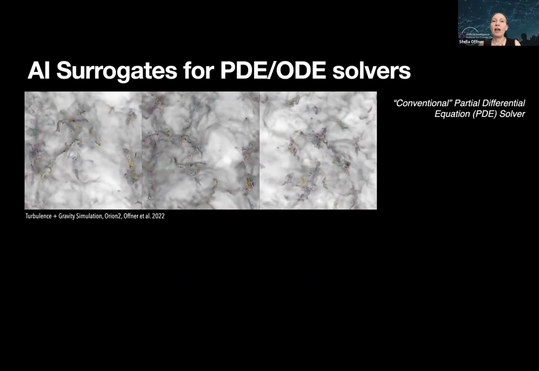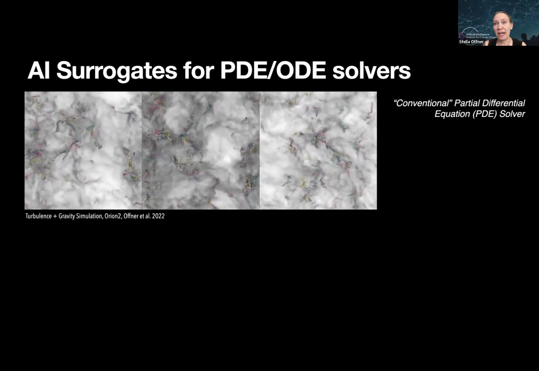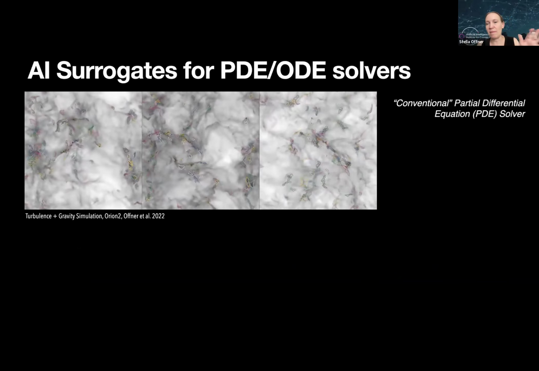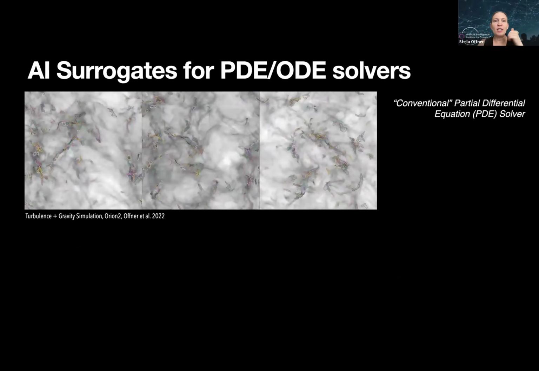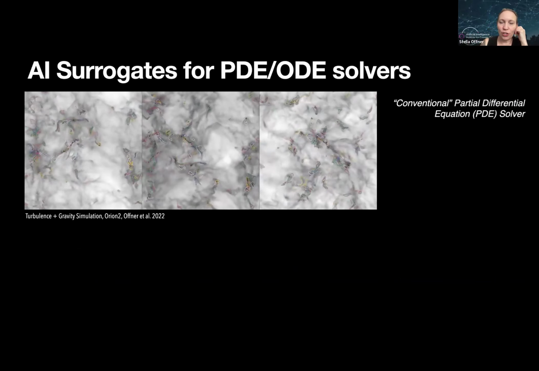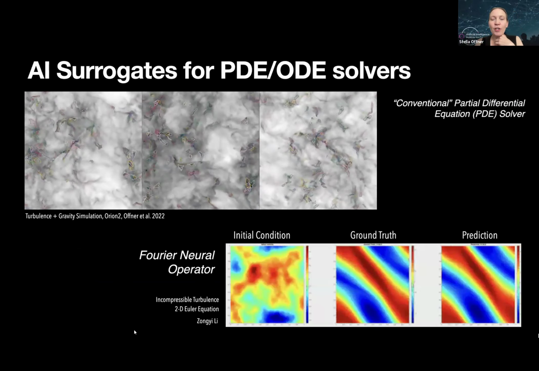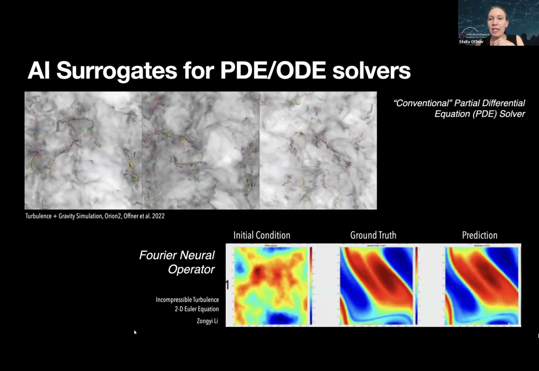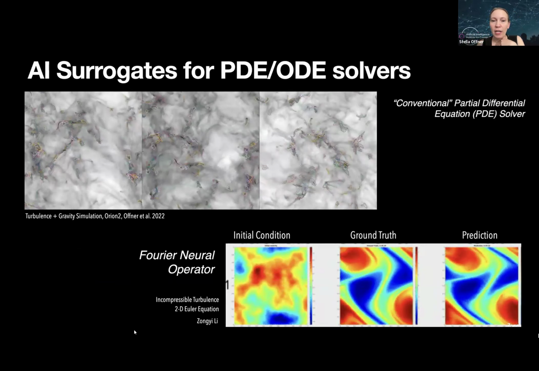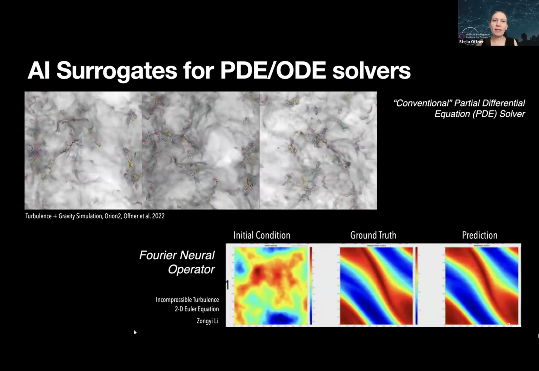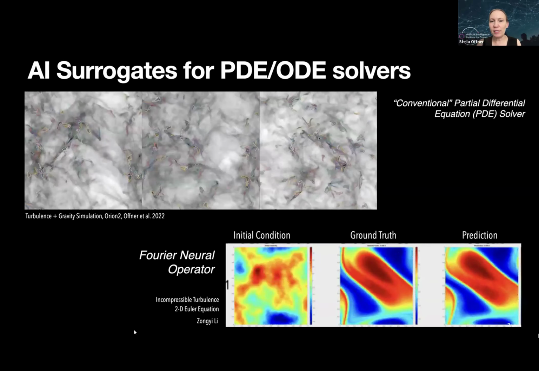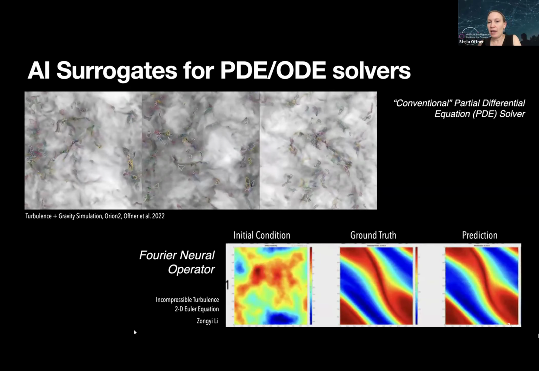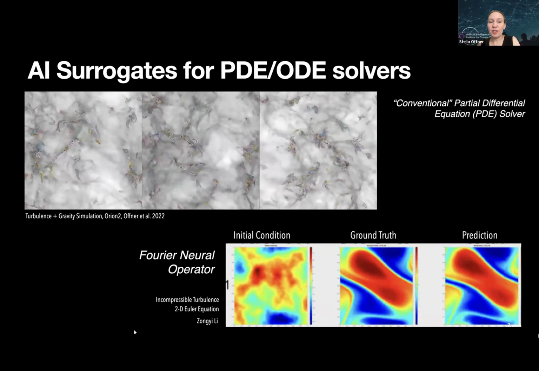For example, solving PDEs and ODEs, right? Hydrodynamics. So this is a simulation run with the Orion 2 code, turbulence and gravity. It's MHD turbulence. And you get these beautiful boxes, these structures. But now there are new AI approaches that are able to solve these PDEs as a shortcut, right? So you give them a training set of hydrodynamic model inputs, and then you ask them to predict the evolution, and it can do this depending upon the problem with extremely good accuracy.